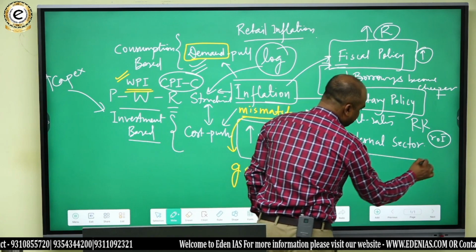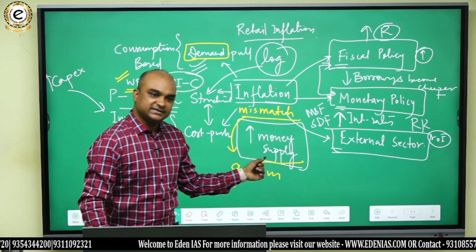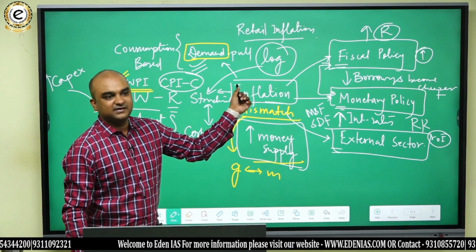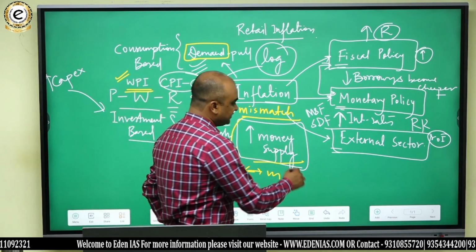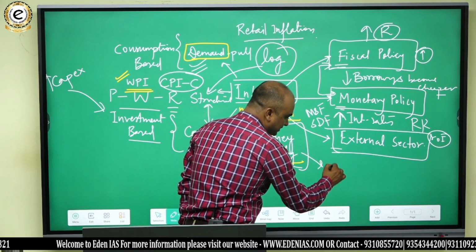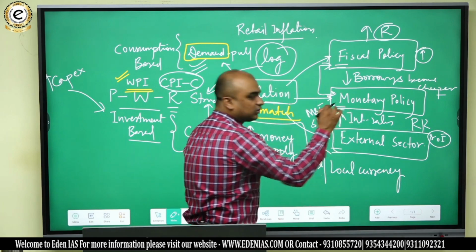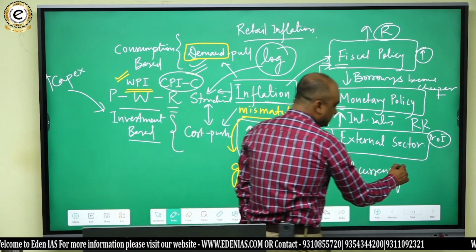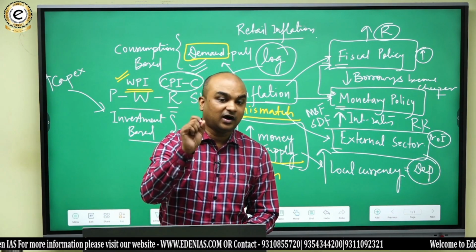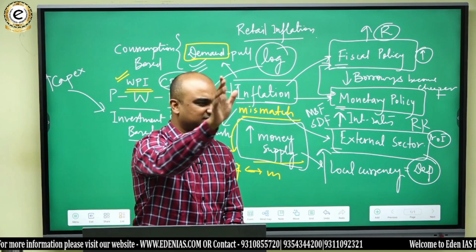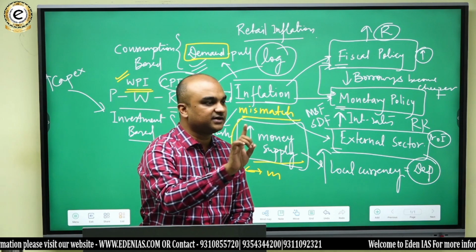Let's try to understand the impact of inflation on the external sector. I hope you remember that I told you that whenever there is an increase in money supply, generally we have an inflationary scenario in the economy, right? Now look here. If there is more money, and when I say money, I mean the local currency, whenever there is more of the local currency, then there is depreciation of the local currency vis-a-vis the hard currencies, or the US dollar, say for example. So there is currency depreciation whenever there is inflation.